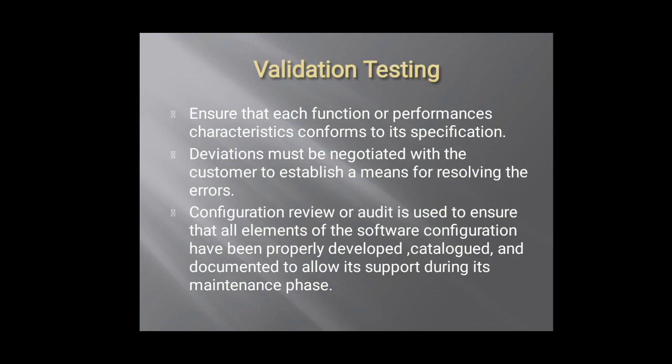Obviously, when we do validation, each and every value checked should be properly developed. We should check it as well as catalog it. You should maintain a catalog of what is being changed and documented. Those catalogs should be kept as a document, as a form of proof, so that whenever it comes to the maintenance stage, it can be submitted as a proof element.